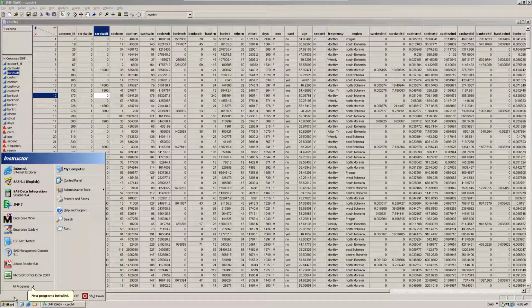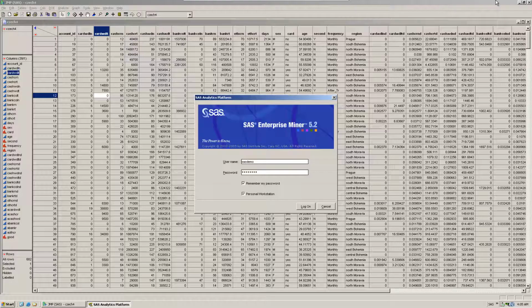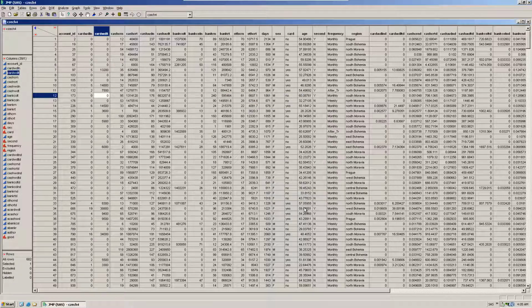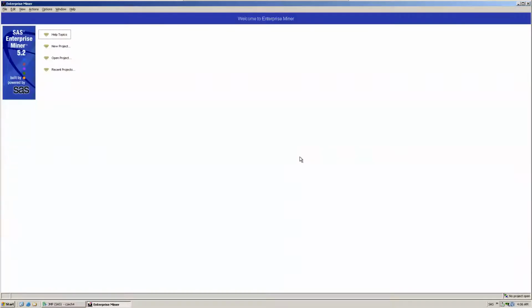I will open one more powerful tool, SAS E-Miner. SAS E-Miner, six tools. You enjoy it. Whatever the tool, the algorithms inside are the same. Now we call them machine learning algorithms. SAS E-Miner is a powerful commercial tool.